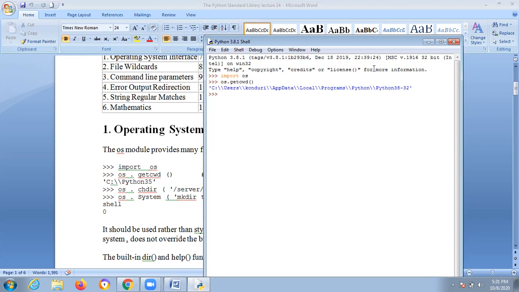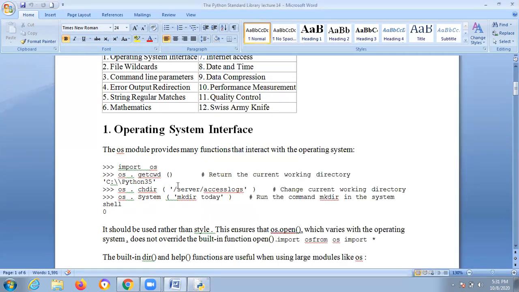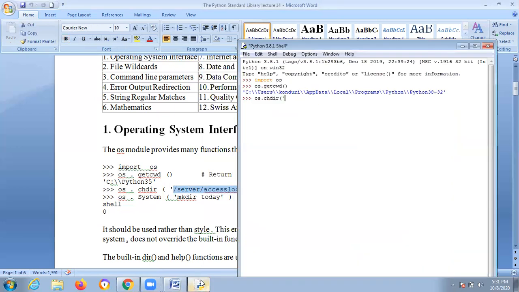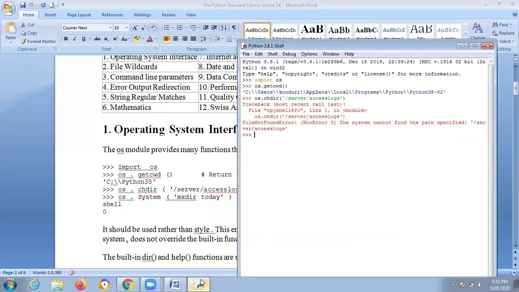Suppose you want to change directory. chdir stands for change directory: os.chdir, and give some directory. Why are you getting this?